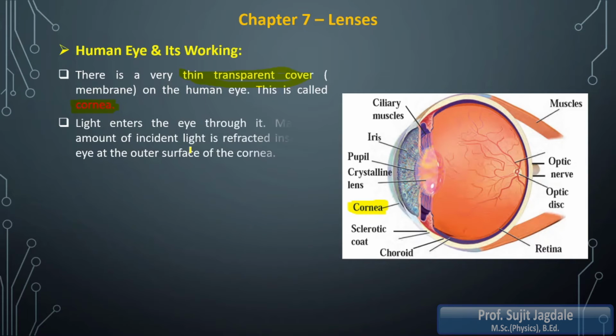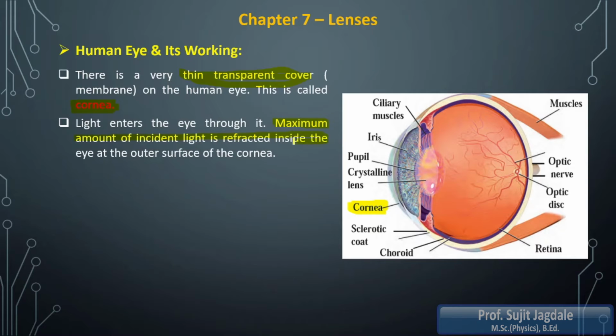Now light enters the eye through it, and the maximum amount of light is refracted inside the eye at the outer surface of the cornea. That means it is made in such a way that out of whatever amount of light is incident on the cornea, the maximum amount is refracted into the eye.